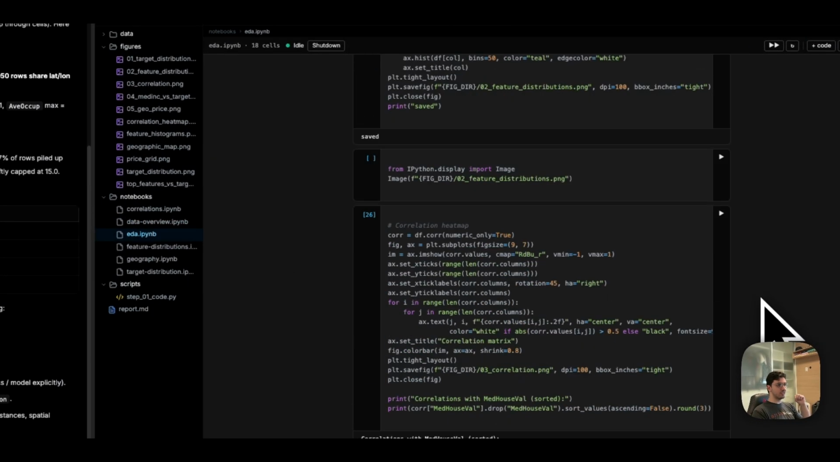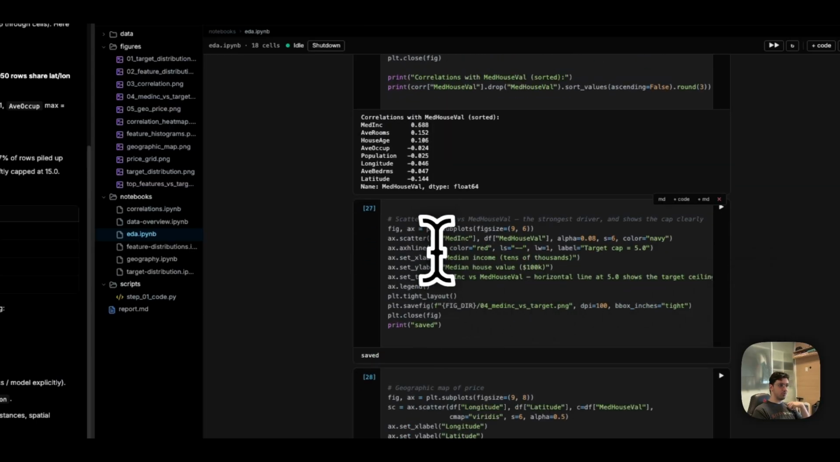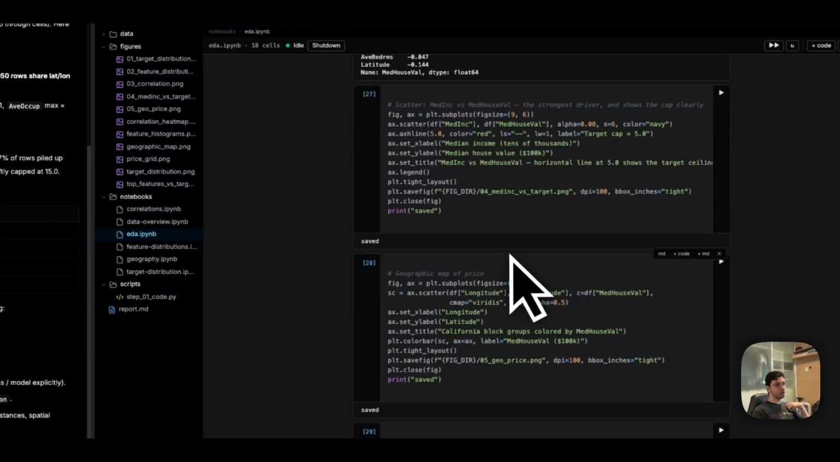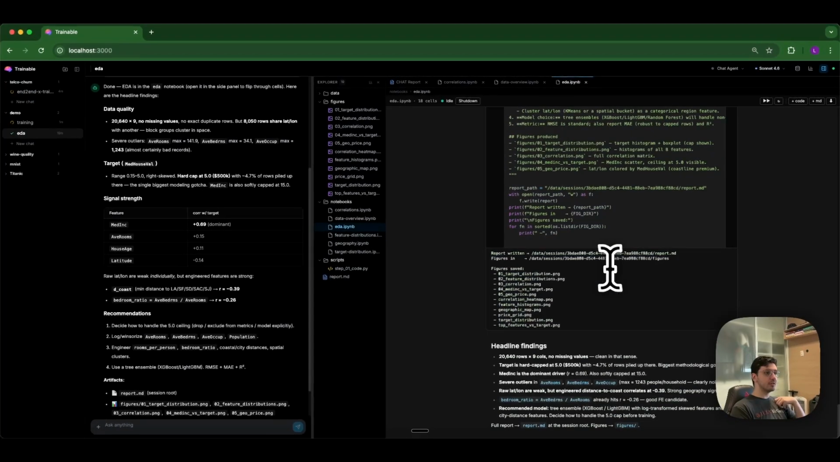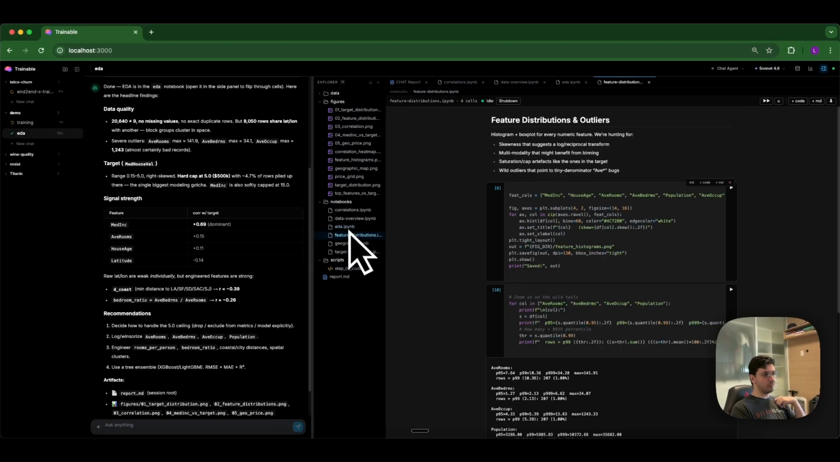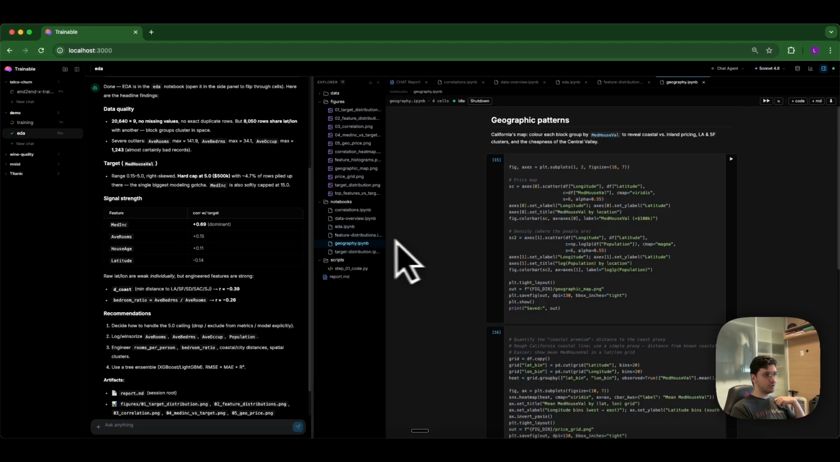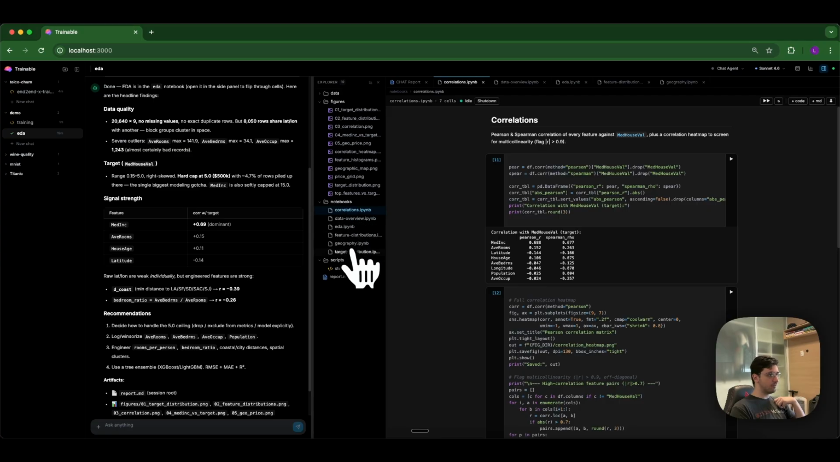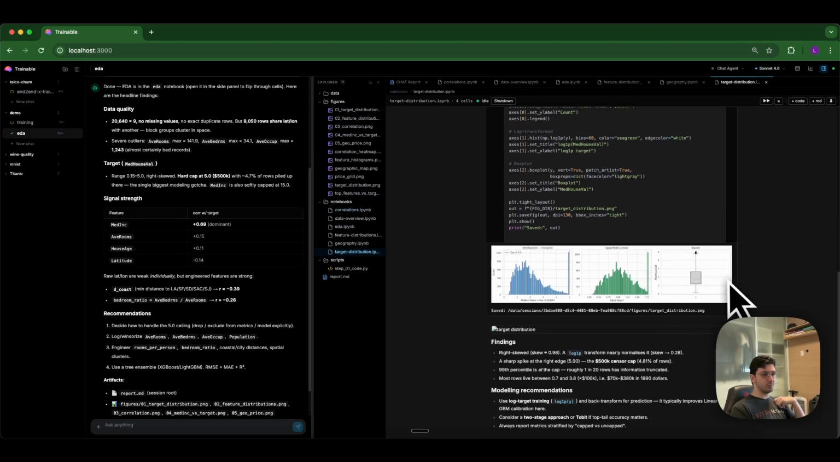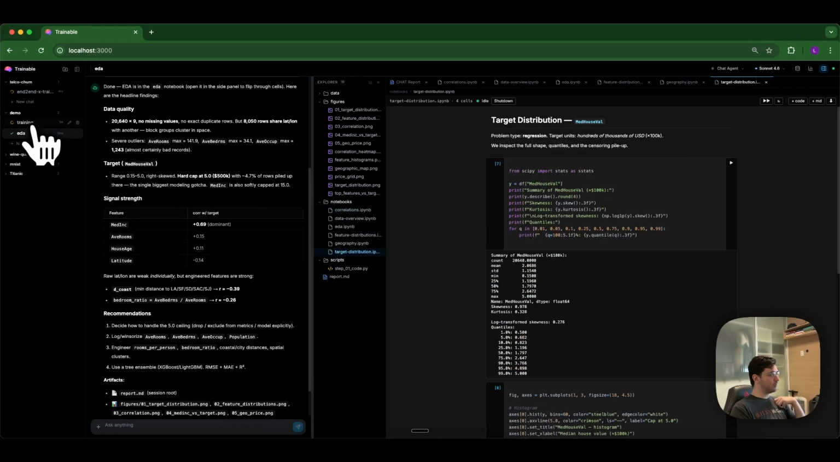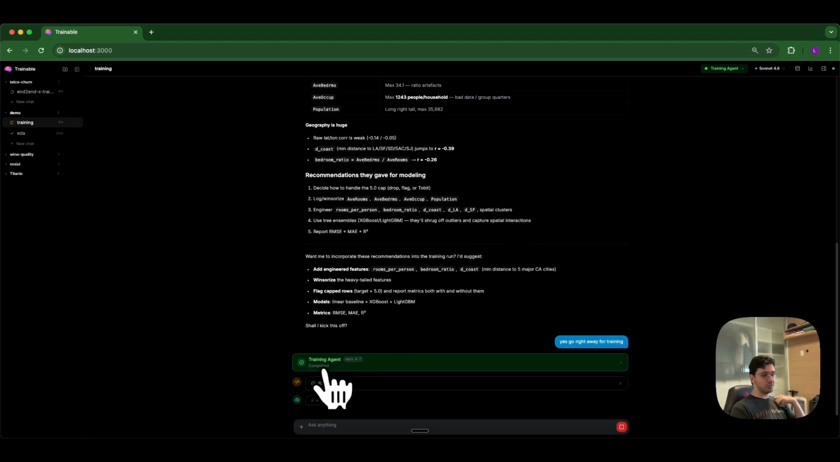It just runs and generates everything that you need. Here it is more inclined towards saving it, but it can also show it in the notebook if you ask for it. Yeah. It went for feature distributions, outliers, understanding geography, understanding correlations, very complete work here, even target distribution. So yeah, let's go back to training here. So it started the training agent here,